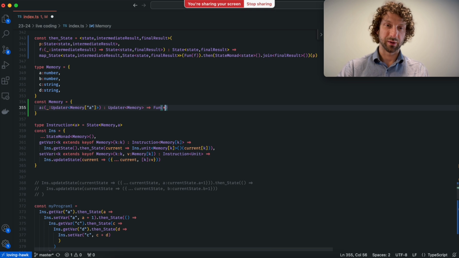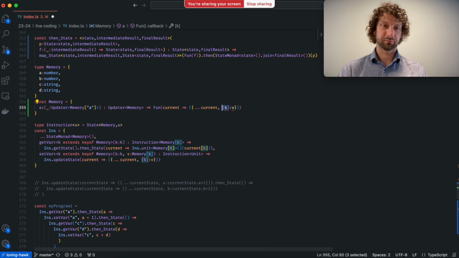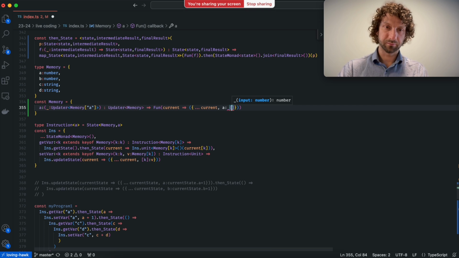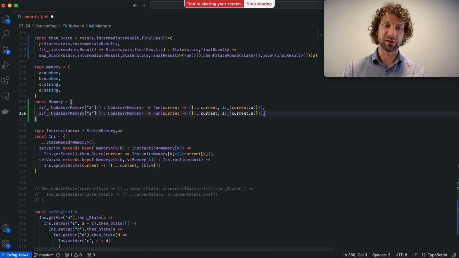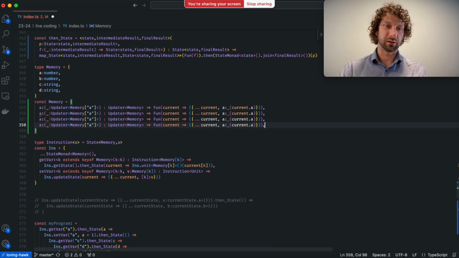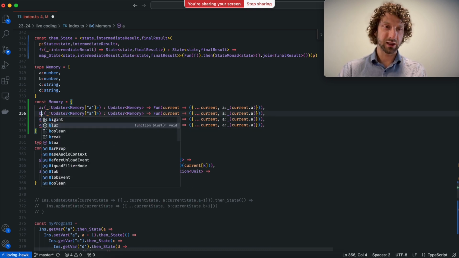So this will be a function that takes as input the current state and returns, instead of A, the value of calling underscore over current dot A. So this just applies a given transformation onto A, and I'm going to have 4 of these: A, B,